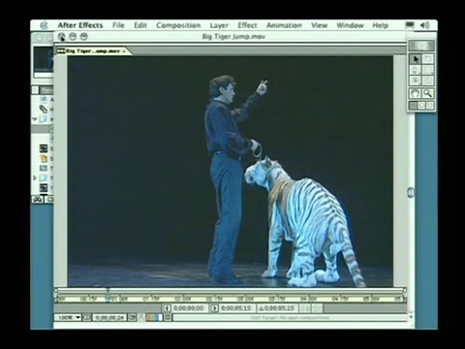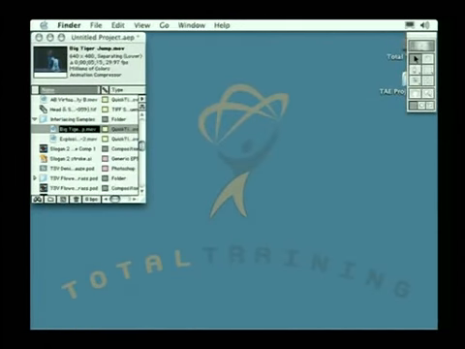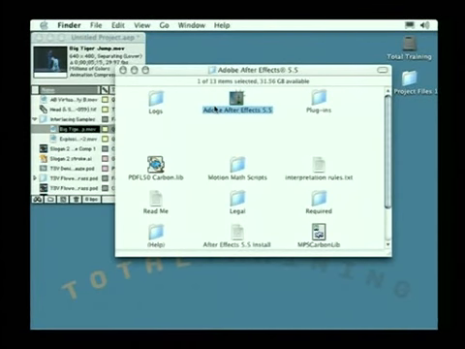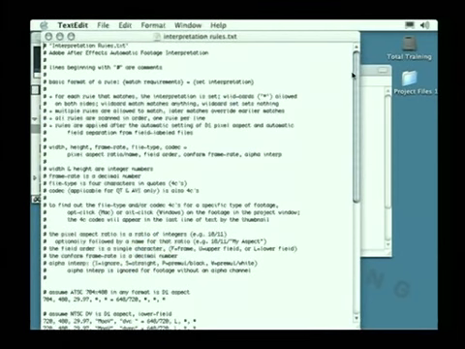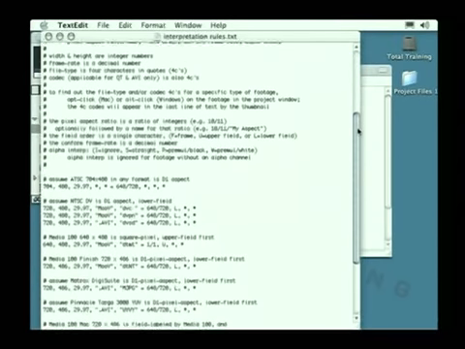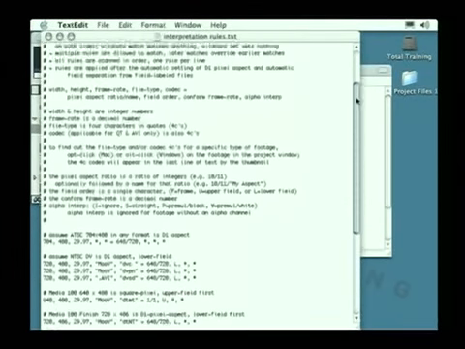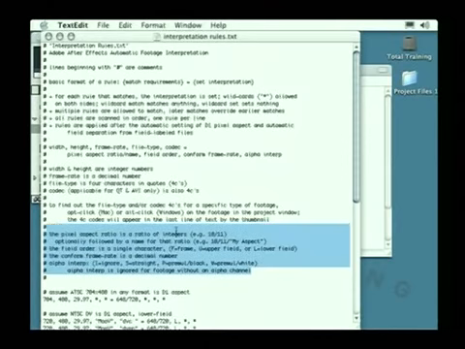According to its interpretation rules, which are easily found inside the same folder that houses your After Effects application. There's a text file in here. This is the same on Mac and Windows, called interpretationrules.txt. You can open that up in any old text editor that you like. I'm not going to talk exactly about how this works, but the first half of the document basically explains everything